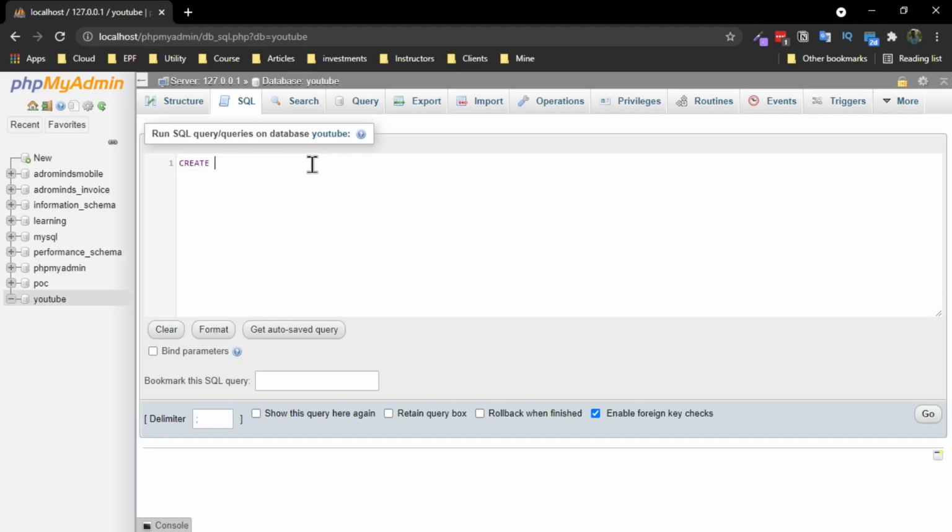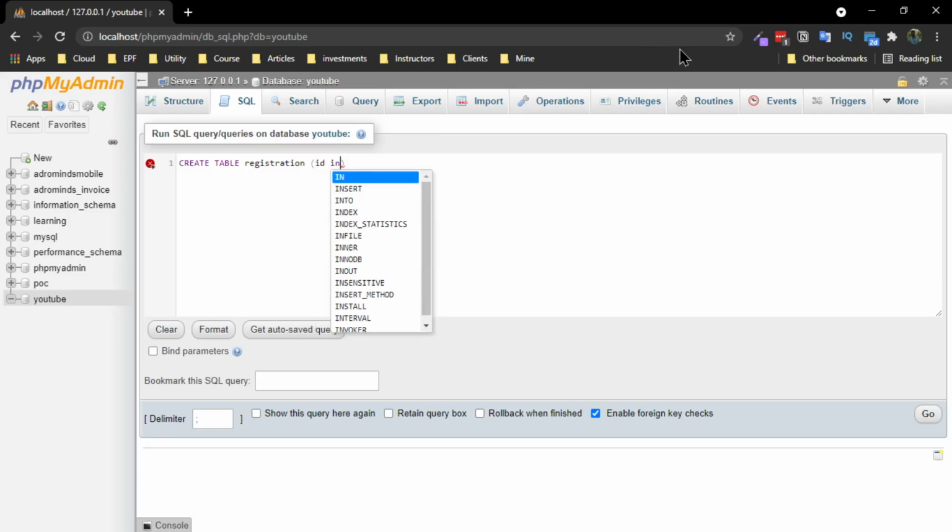Create, it is always good to form that. I'm going to create the table. I'm just keeping the name of the table as registration. I'm just going to keep only one table, that is nothing but registration. This table is going to have different fields like id. Of course, this is going to be the integer column, and this specific id is auto increment as well. I don't need to pass any value to that id value.